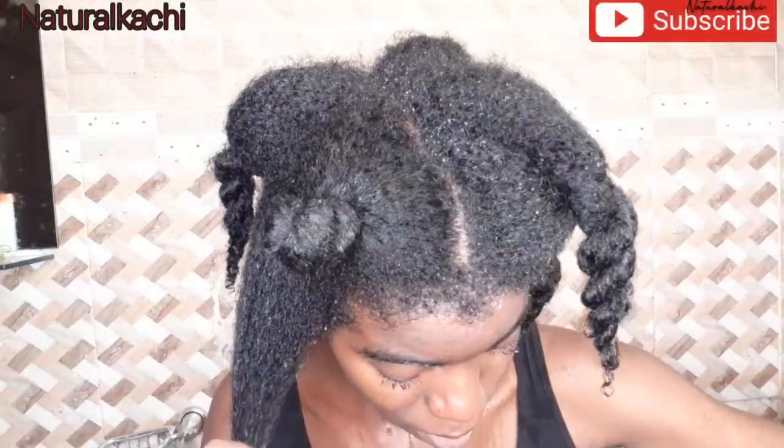I applied it to my hair because my hair was still sort of damp. I didn't use any towel in my hair or anything else. I really don't like using towels or anything in my hair. I prefer my hair to just air dry, and I just twisted my hair and bantu knotted my